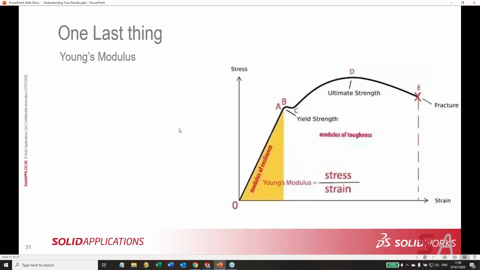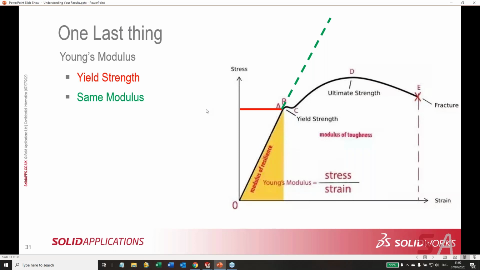One last thing I want to talk about, and this is kind of a big deal. Now, I mentioned this before, that what SOLIDWORKS Simulation does is it uses your linear modulus of elasticity, your Young's modulus, and it calculates a strain, and from that it backs out a stress. Now, it will do that based upon a modulus of elasticity that may go beyond yield. So when your yield stress is 50 megapascals and you're showing